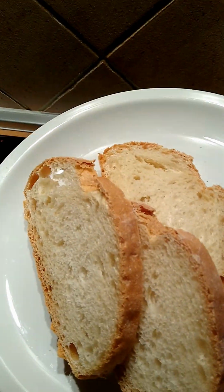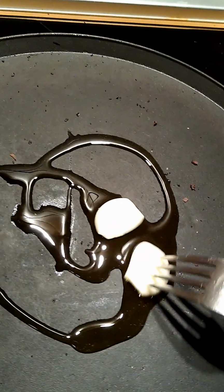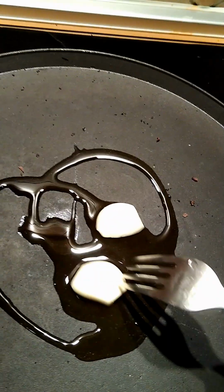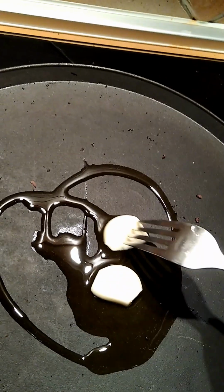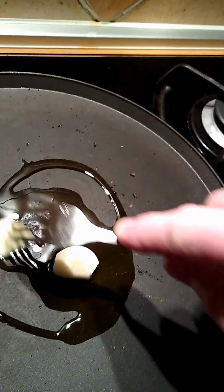with a little, almost exactly the same way. I shouldn't say that. It's going to be close. I'm going to, instead of rubbing the garlic on the bread, I'm going to just let the garlic here sit here and sort of cook a little bit in this oil and see what happens cooking it on a surface